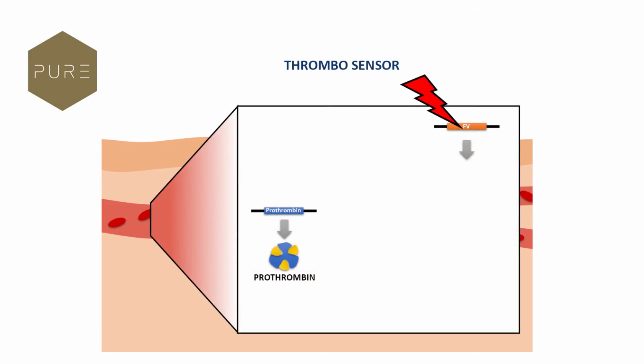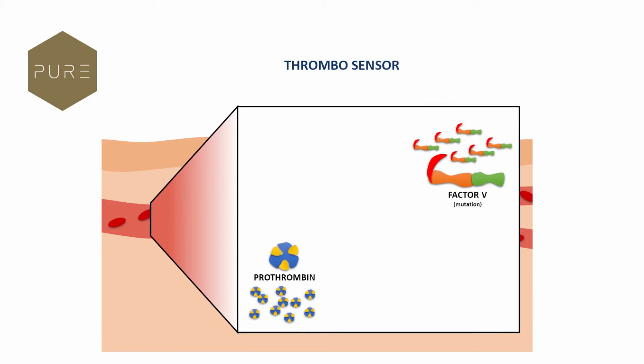Now let's look at the genetic variations. If a person has a genetic variation in the factor V gene and the same process happens, what happens is the factor V protein is built in a slightly different way. So it's not constructed as expected, but it has this modification here. And now the factor V protein with all of these errors is floating around, and the prothrombin in this case